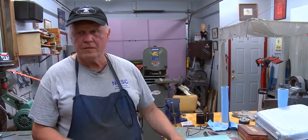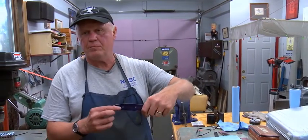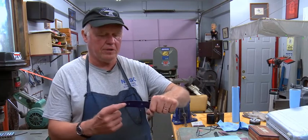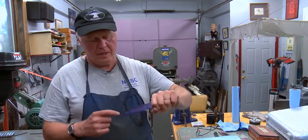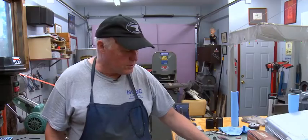The next step is drilling it. And that's nothing new, you just drill holes. This is a different pattern, but the holes here are for Loveless bolts and for a stainless steel lined thong hole. So the next thing I'll do, I'll show you how I grind a blade, but first I need to put my respirator on because